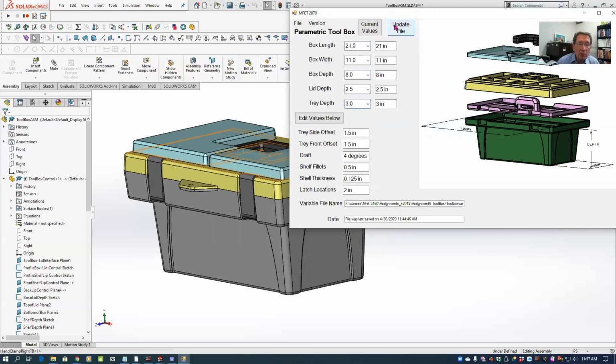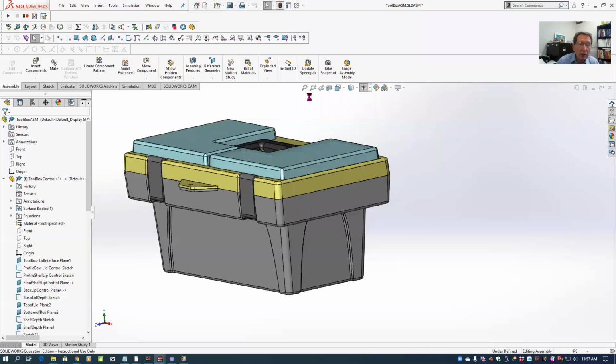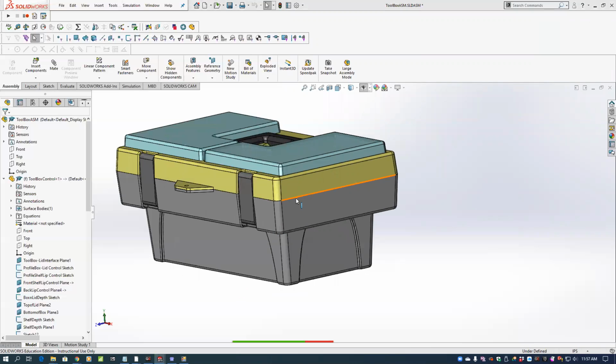And we'll just update this file and regenerate this toolbox, to see if it will update all of the files, the individual parts in the assembly, and generate a new